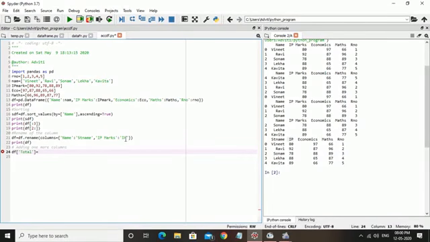The new name of IP marks is IP only. So this time we will use df, and then we will write the new column name, right now IP, and then add the marks with plus eco.